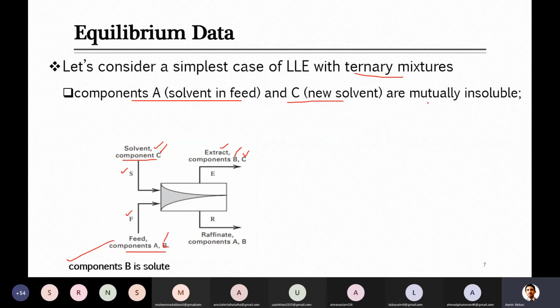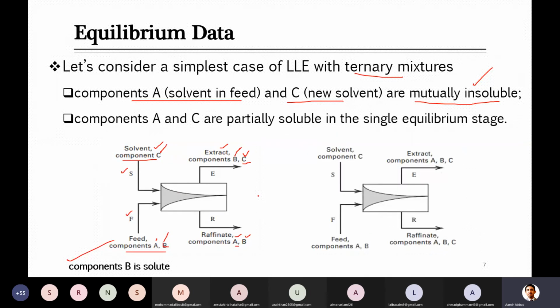And this is the case where we are talking about mutually insoluble or immiscible solvents. Both of the solvents, the one already available in the feed as well as the newly introduced solvent, are immiscible, insoluble in each other. They don't have affinity for each other. So you can see here that the extract phase contains the major component of the solvent, but only the solute which is transferred from the feed. And in the raffinate phase, because they don't have affinity for each other, none of the solvent will be transferred towards it. Only component A and the leftover B, which is not extracted into the solvent, will be here.